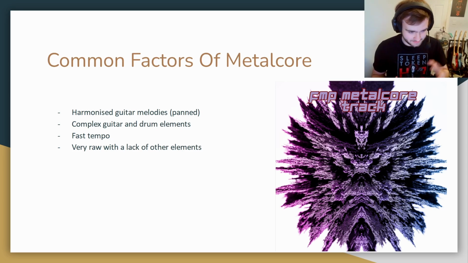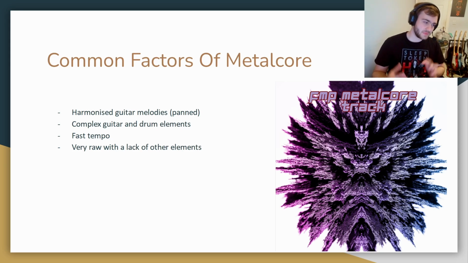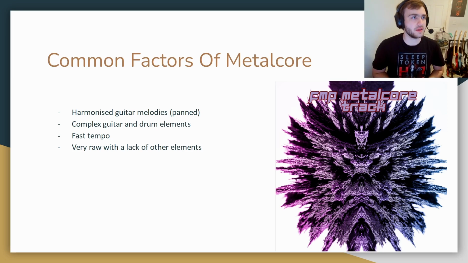Due to this fact, metalcore is typically quite a fast tempo. I've recorded mine at 130 BPM, which isn't crazy fast, but I was very tempted to record it at double the BPM to make sure it was in time, but in the end I was able to work with the 130. So very fast tempo is kind of what I mean by that, it's very fast paced, very energetic, very aggressive, and very much in your face constantly throughout the track, with only some bits ducking in and out, which I've included in my track as well. But it is a very, very intense subgenre.